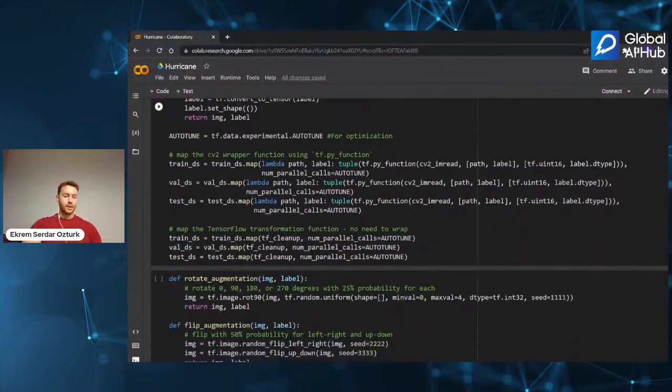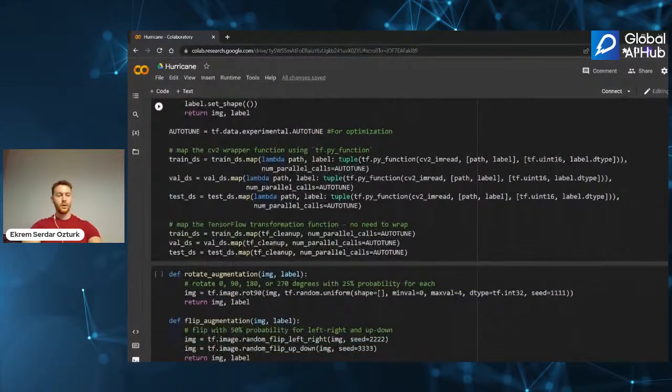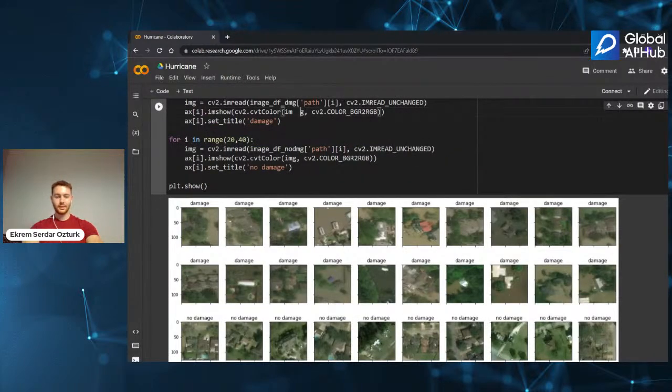So again, this function returns image and label. We use these functions with the map function.